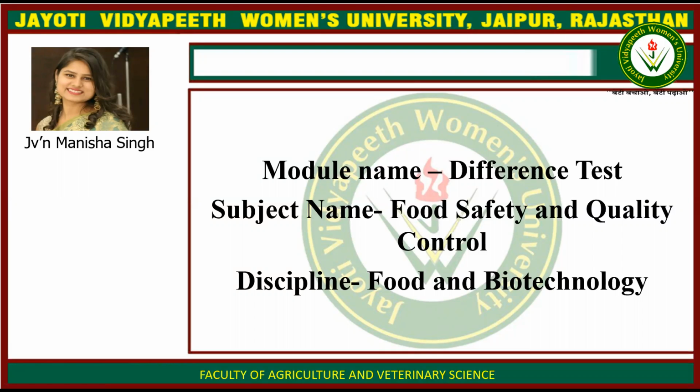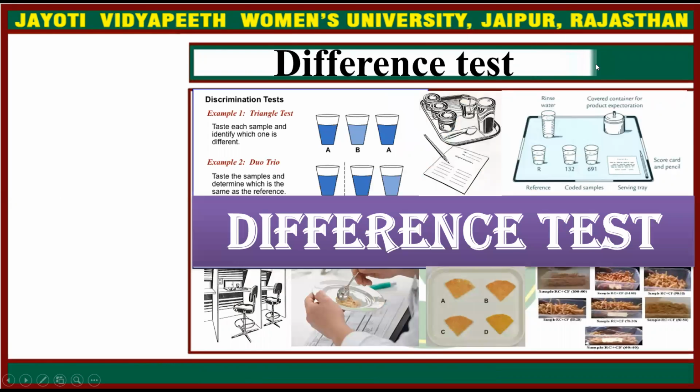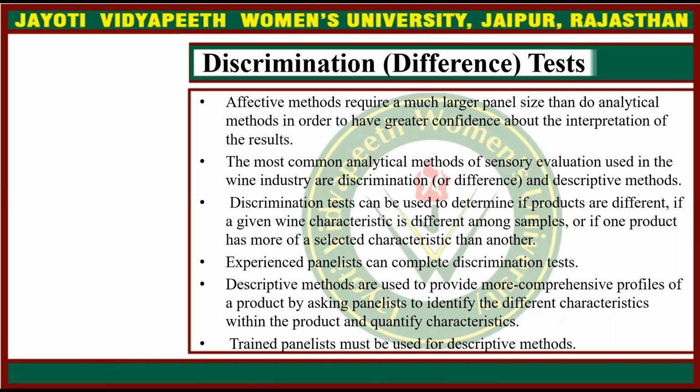Today I am teaching you the difference test, which is a part of sensory evaluation. Discrimination and difference tests are as follows. Effective methods require a much larger panel size than do analytical methods in order to have greater confidence about the interpretation of the results. The most common analytical methods of sensory evaluation used in the wine industry are discrimination and